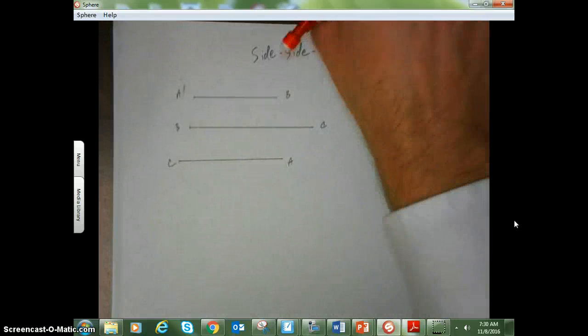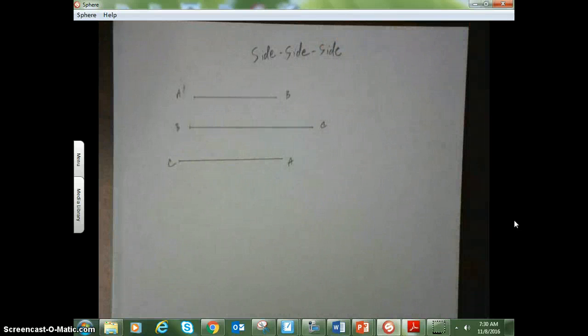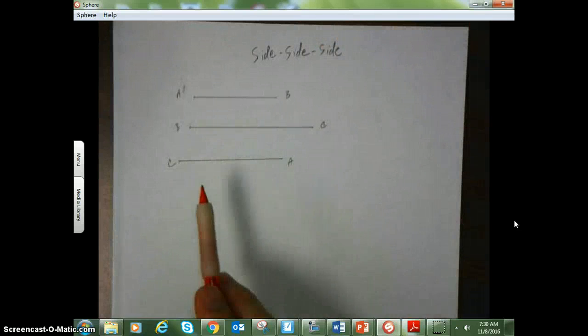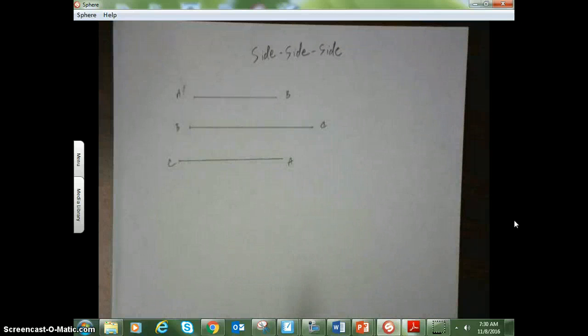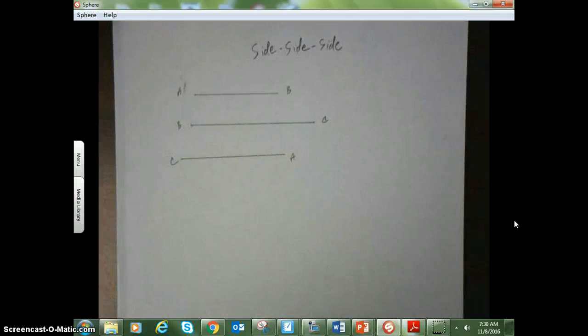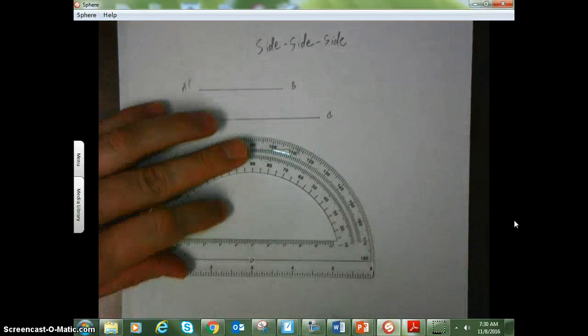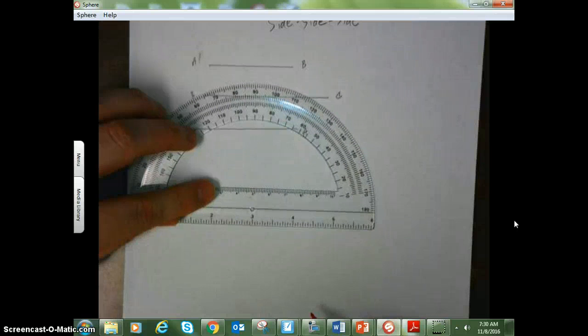So here I have a piece of paper that I've drawn three segments on: segment AB, BC, and CA. What I'm going to do is construct a triangle called ABC. And what we want to see is, if these three sides are used all the time, does it create congruent triangles or not? So using the way that I'm going to normally try to do these is first I'm